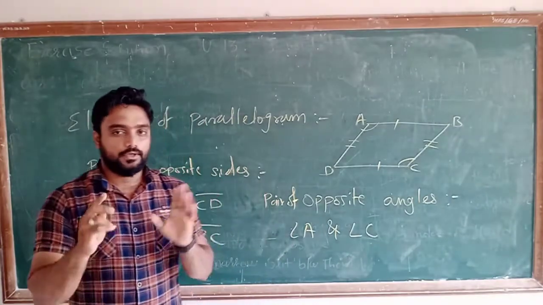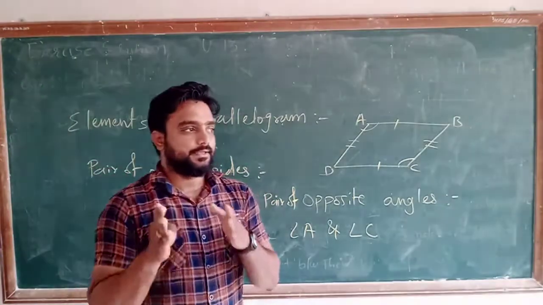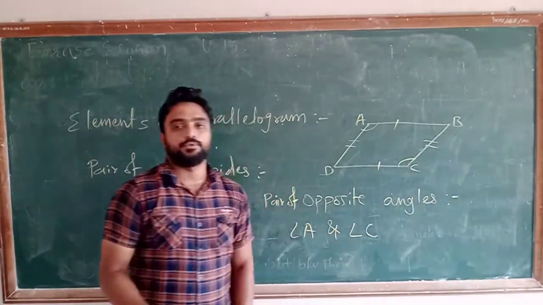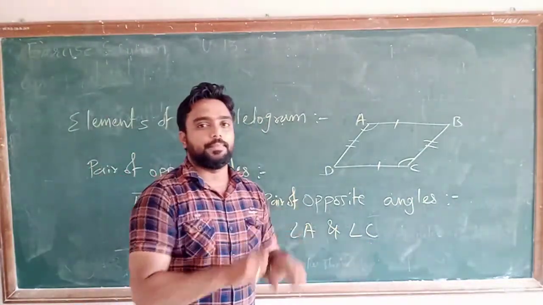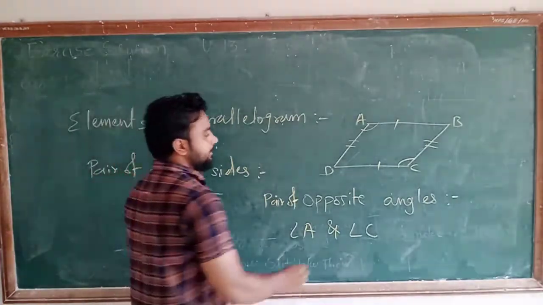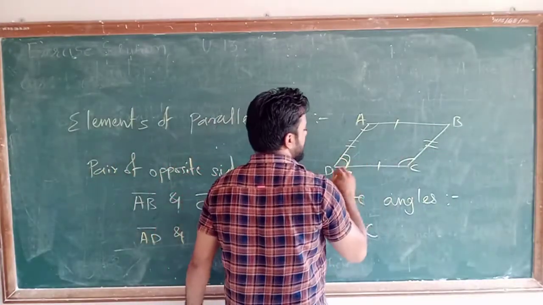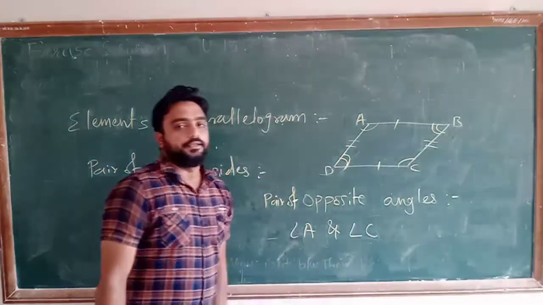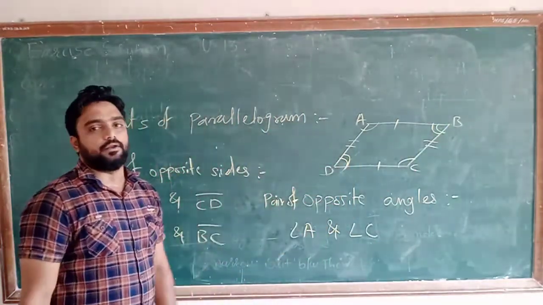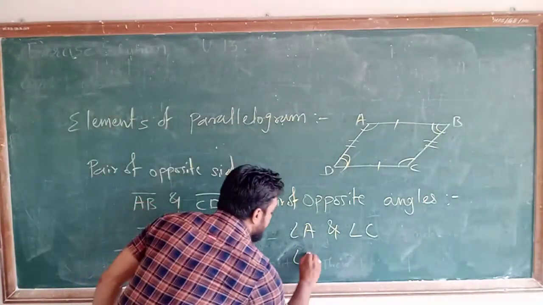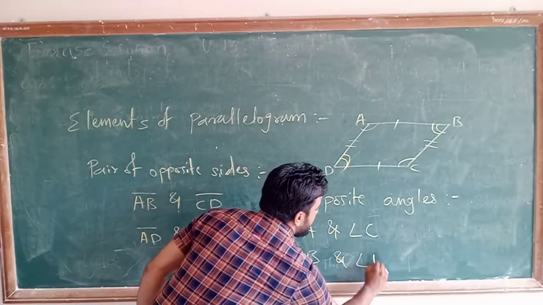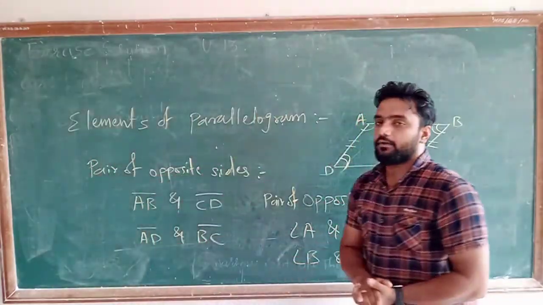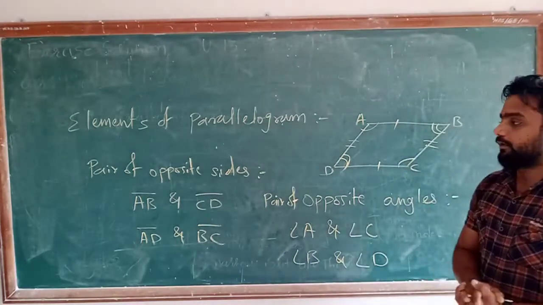Understand or not? Okay, please be clear about the thing that is a pair. Pair का मतलब समझ लो अच्छे तरीके से. Means दो एंगल जो एक दूसरे से ऑपोजिट होंगे उन दोनों ही एंगल को एक पेयर बोलते हैं. Understand or not? Here it is the same thing. This angle and this angle, that is angle B and angle D. They are also considered another pair of opposite angles, that is angle B and angle D. Understand or not?